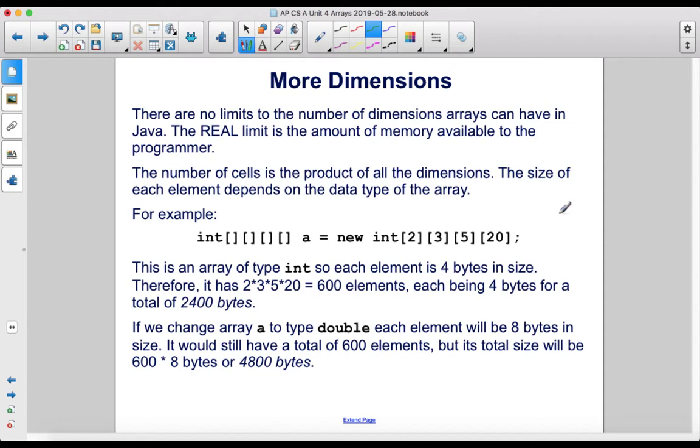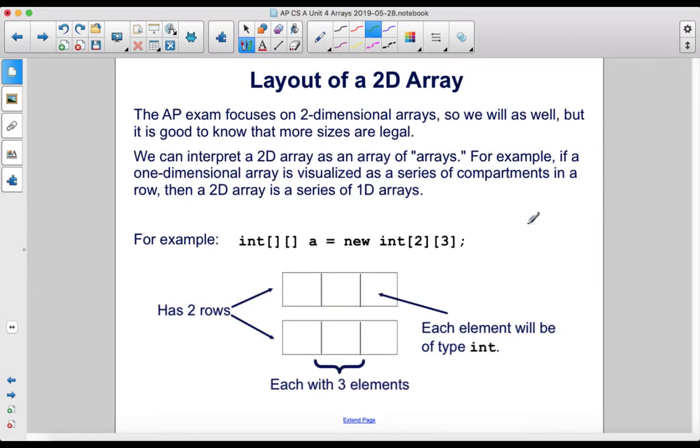The number of cells is the product of all the dimensions. The size of each element depends on the data type of the array. For example, this is an array of type int, so each element is 4 bytes in size. Therefore, it has 2 times 3 times 5 times 20, which is 600 elements, each being 4 bytes, for a total of 2400 bytes. If we change array A to type double, each element will be 8 bytes in size. It would still have a total of 600 elements, but its total size will be 600 times 8 bytes, or 4800 bytes. The AP exam focuses on 2D arrays, so we will as well, but it's good to know that